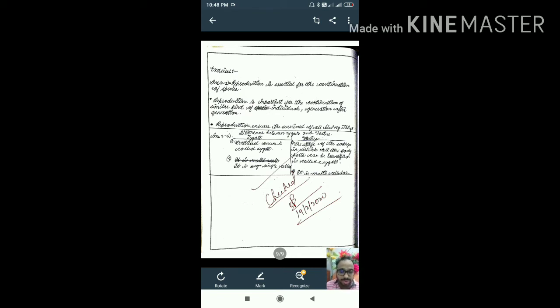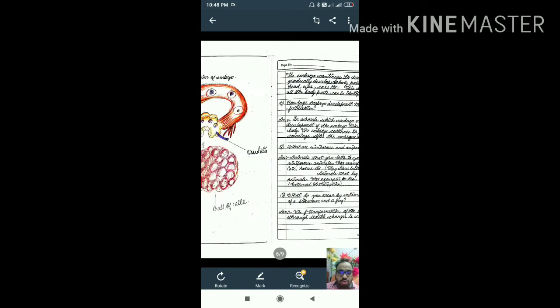Is it written wrong? It will be fetus. Zygote is a single cell, whereas fetus is a multicellular. So this was the basic idea of reproduction. So again, if I go through the previous things,